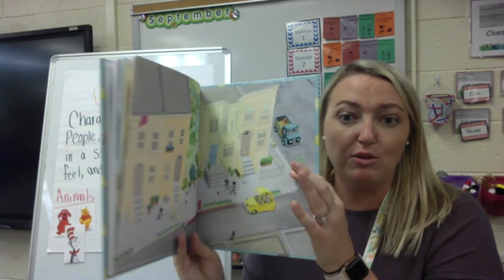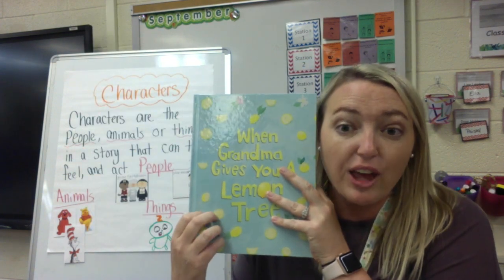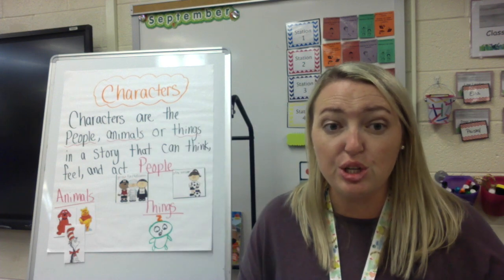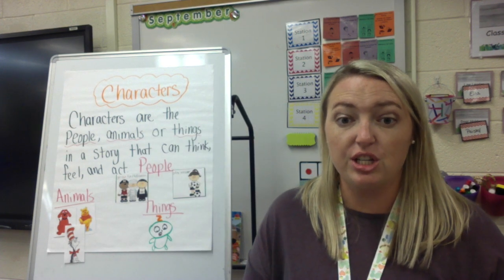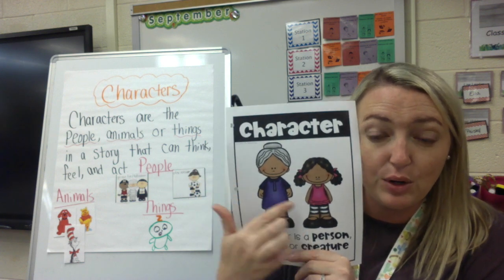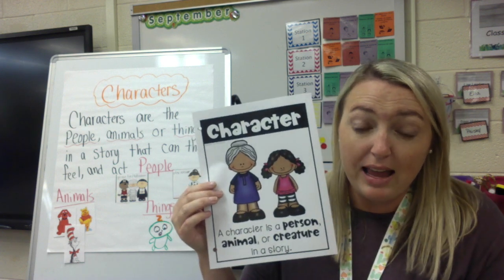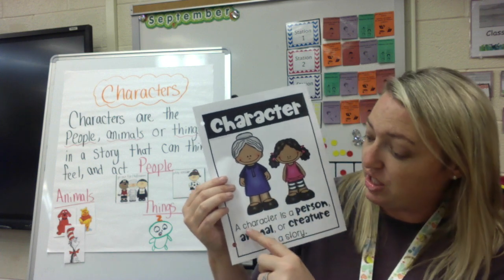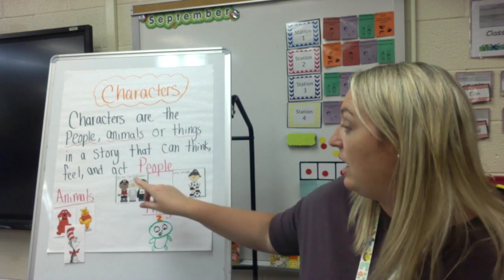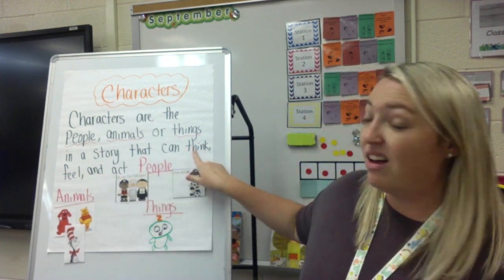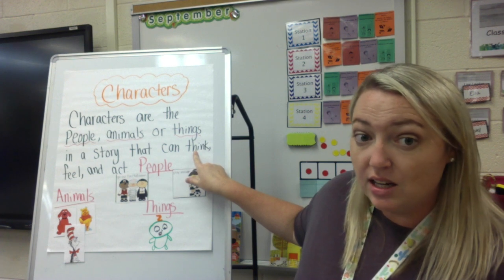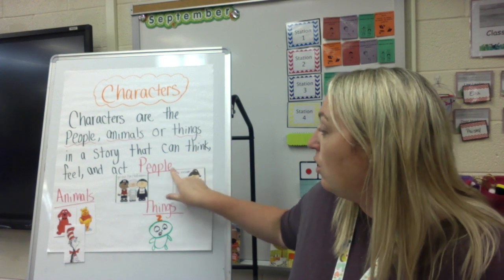So think about our characters in this story. Who are our two main characters? Well, now we know that it was the grandma and the little girl. They never told us their names, but they were definitely characters, and they changed how they felt in the story, and Grandma made her think about what she might really want for her birthday, and there were people